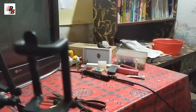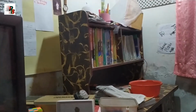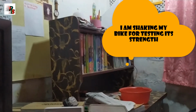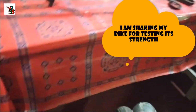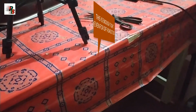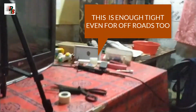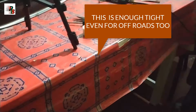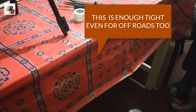Okay, I am shooting from my phone, and I will show how it works. Okay, see, you just need to put it up and then fix it, and just like this. Okay, just tighten it because okay. See, this is very tight, and then you need to